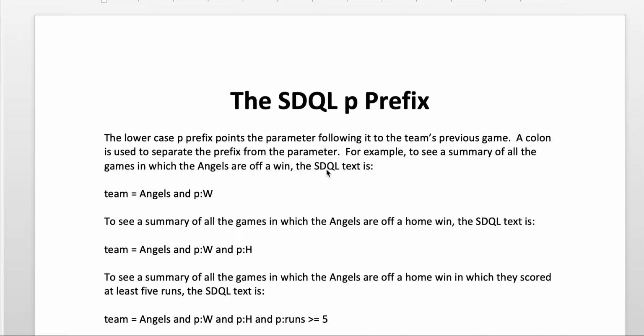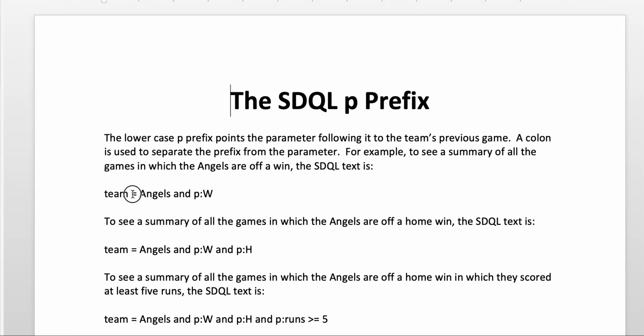Here is a short video on the SDQL P prefix, the lowercase p prefix. This prefix points the parameter following it to the team's previous game. A colon is used to separate the prefix from the parameter. For example, to see a summary of all the games in which the Angels are off a win, you start